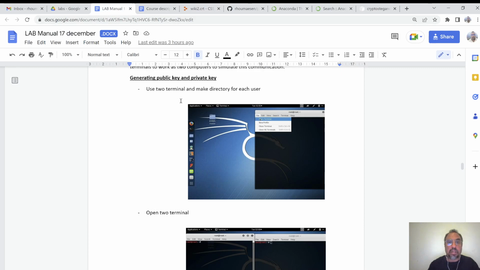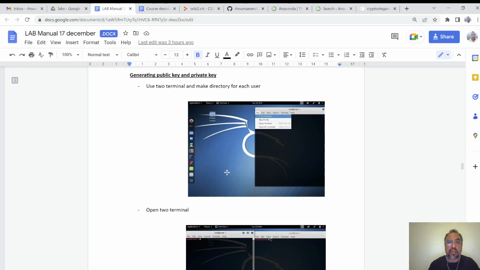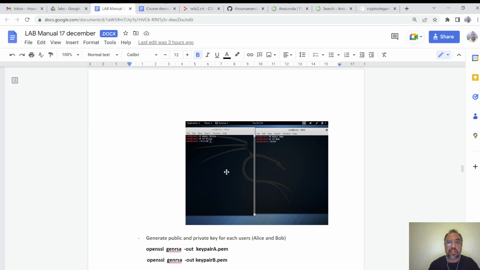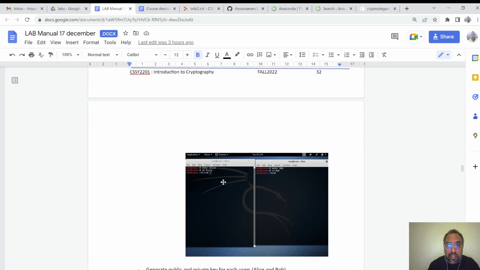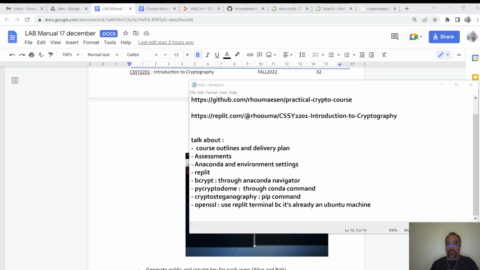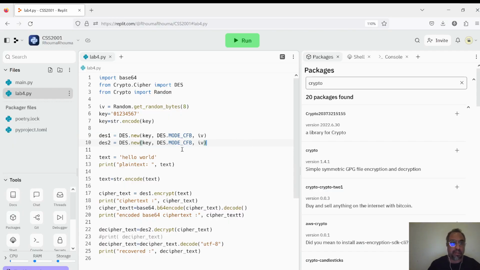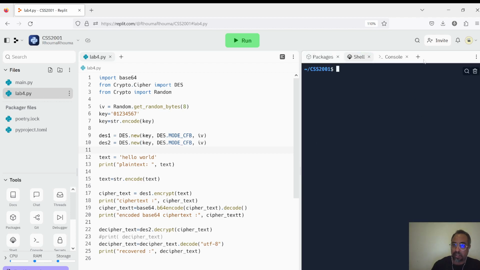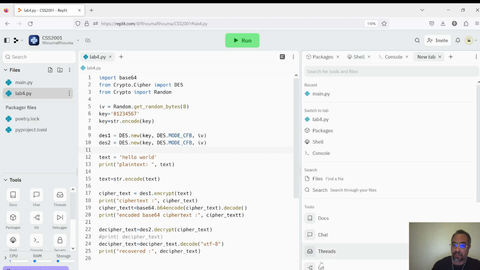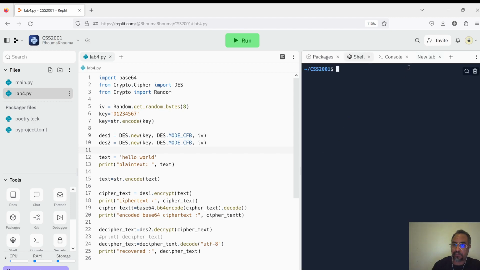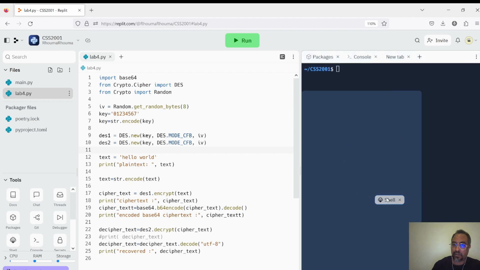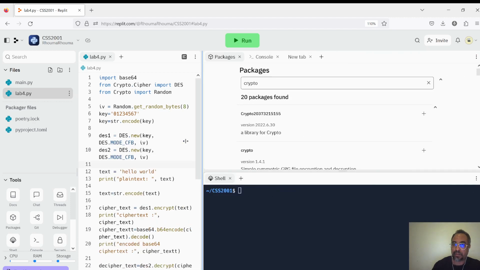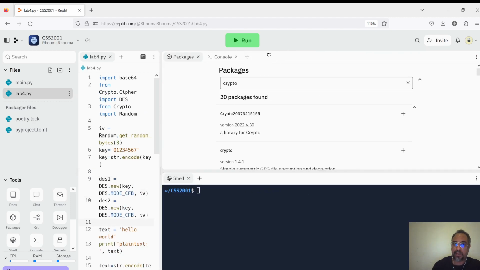The lab talks about two terminals. I have already seen this. It talks about creating two directories. Better I will use the other account. This is the shell, and this is another shell. This is the shell. Okay, we put it here, and this is